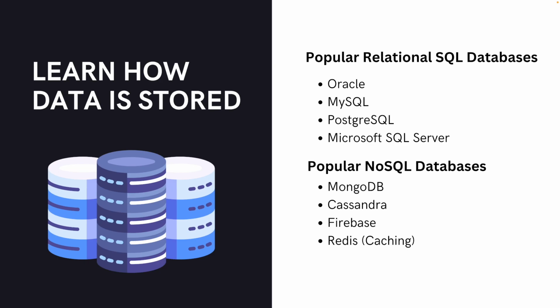And some popular NoSQL databases are MongoDB, Cassandra, Firebase, and Redis. Redis is often used for caching, right? It's the key and value, and that's usually what a NoSQL database is. It's all about key and value. You use a key to store a value, right? And if you know about Firebase, Firebase is a real-time database. So you place a key, and then you have a value, and you can grab it and update it in real time. So learn the difference, learn how data is stored, and then move on to